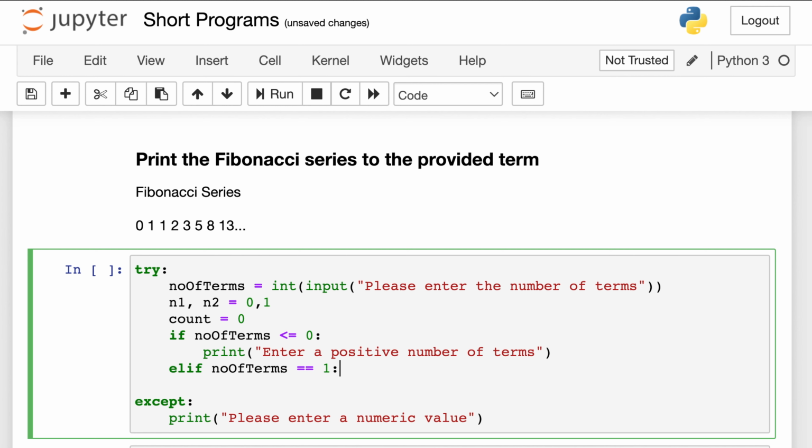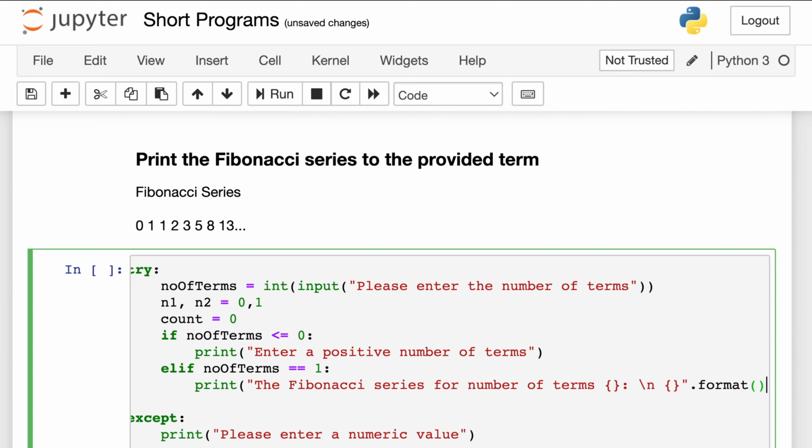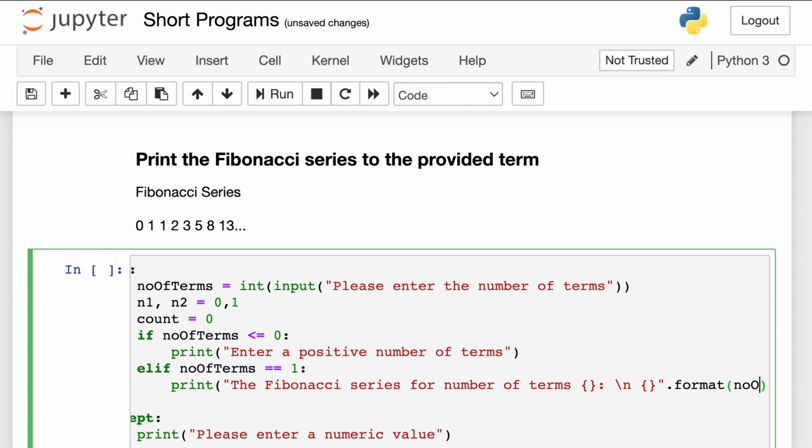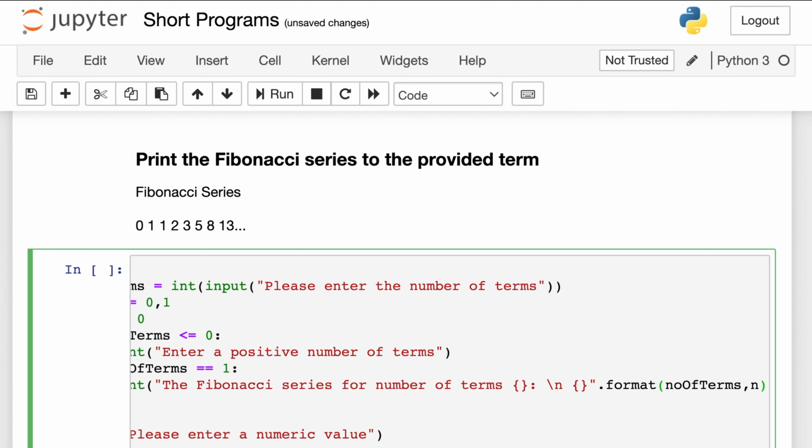Next, in the elif, let's check if number of terms is equal to 1. If yes, let's print the Fibonacci series for number of terms, then a placeholder, then a slash n, let's give a colon here, and again a placeholder, and let's use the format function and give the arguments as number of terms and n1.